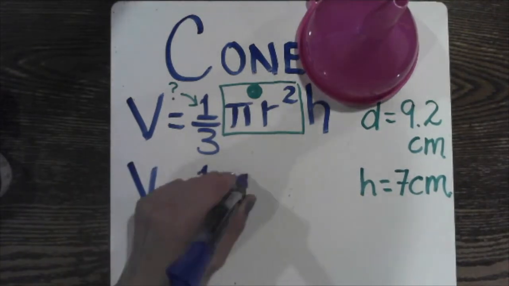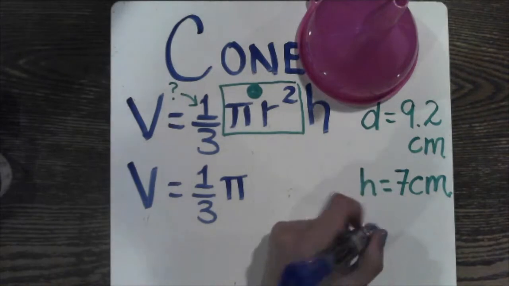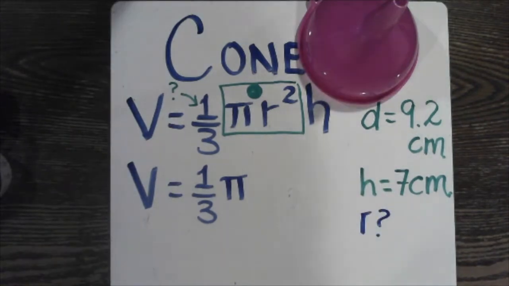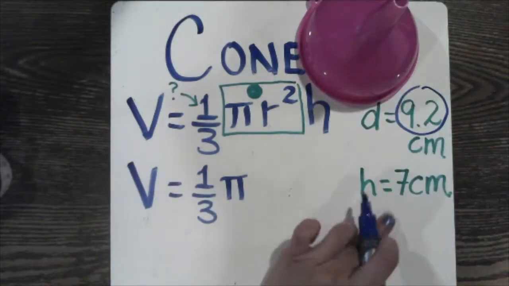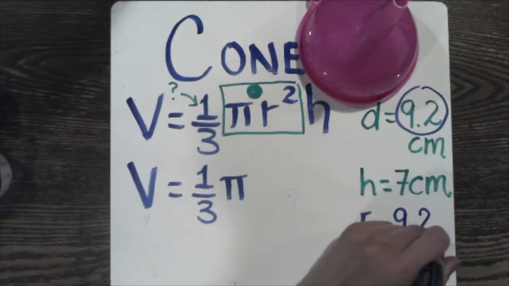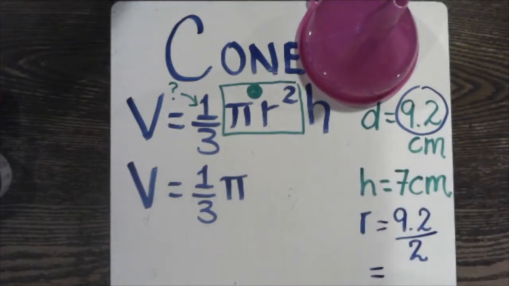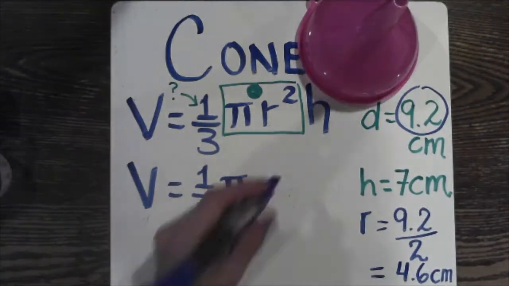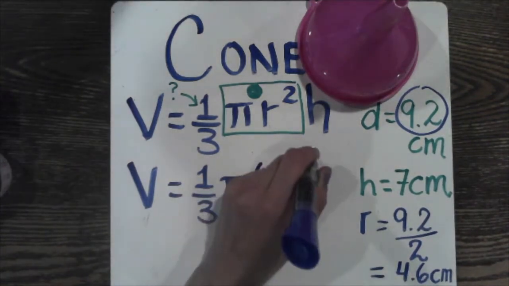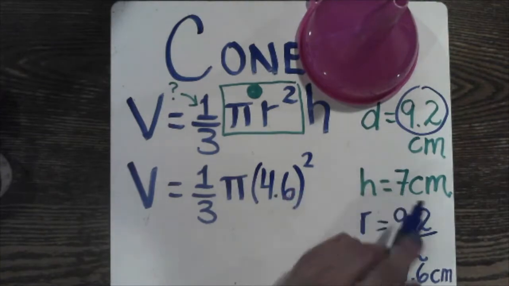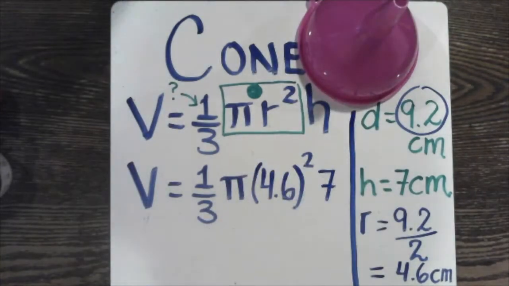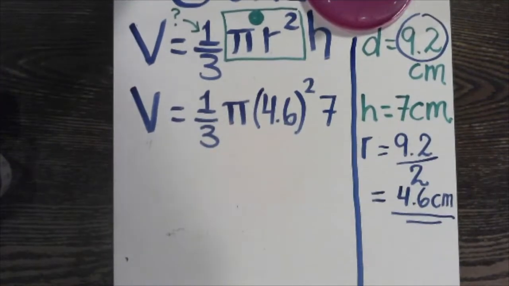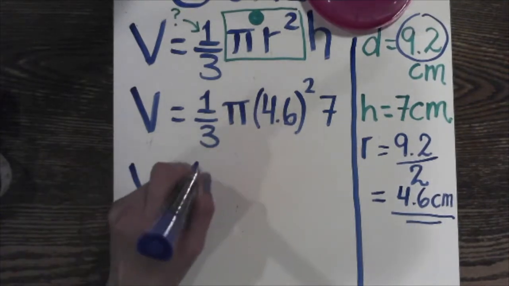Now let's fill in some information. I have to figure out my radius. If my diameter is 9.2, I'm going to say that my radius is 9.2 divided by 2, and that will be equal to 4.6 centimeters. So my radius is 4.6, and I am going to square it, then multiply it by 7, which is my height. 1/3 times pi times 4.6 squared. 4.6 squared is